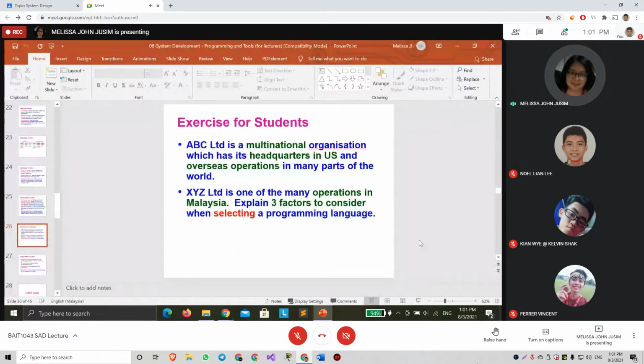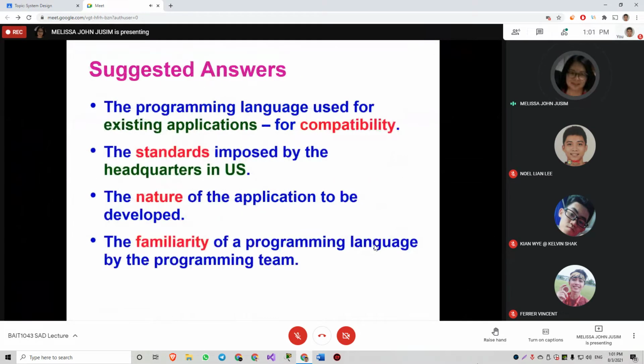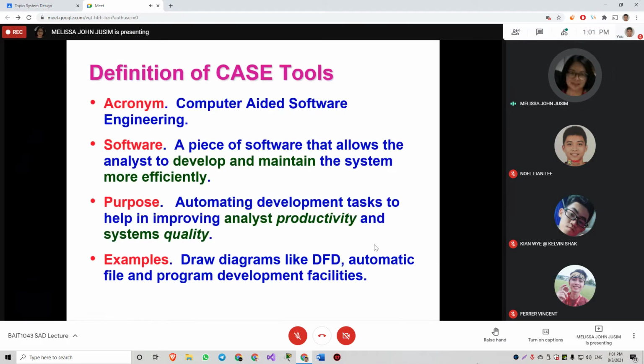We have 30 minutes left, so let's finish off the last part of our chapter 8, which is on coding. Remember, we want to increase the programmer's productivity. So let's take a look at these CASE tools. CASE stands for computer-aided software engineering. Normally we use CASE tools to make sure that system development will be more efficient.